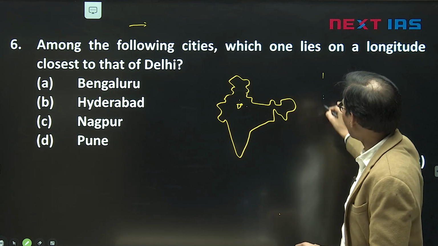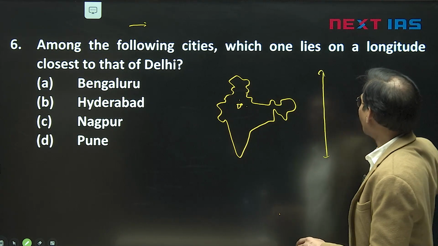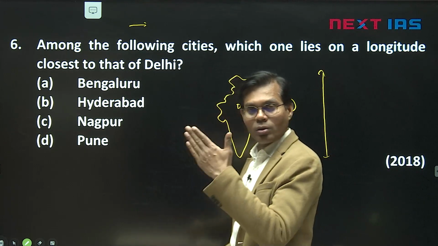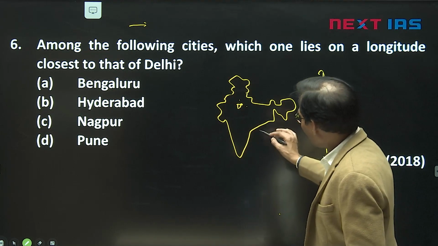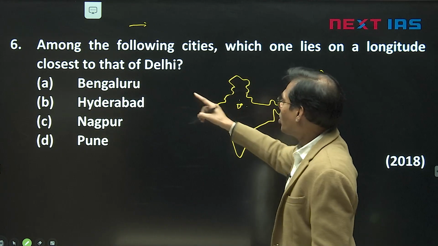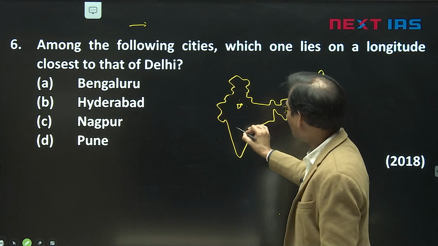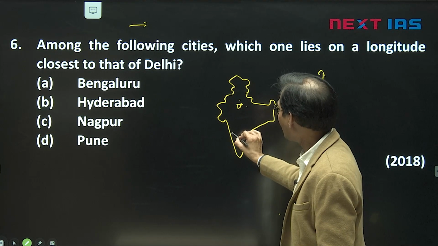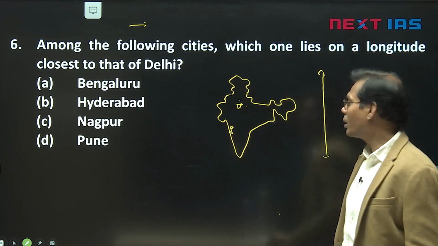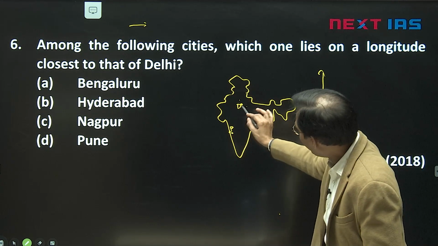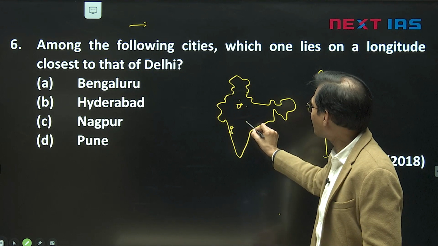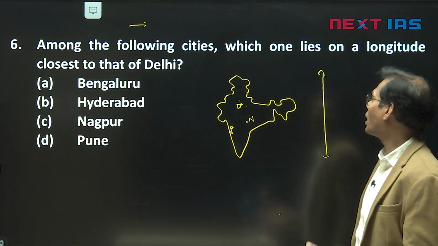Longitude means this way we have to judge longitude. East-west extension we call the latitude, parallel to the equator, and north-south the longitude. Then if I say, can you point out Nagpur or Bengaluru, Hyderabad, Pune? Suppose Pune is very close to Mumbai, and Pune is here, a famous city. Mumbai is here. Mumbai, Pune hardly. So Pune is slightly westward here. And if I say Nagpur, eastern Maharashtra, this side, Vidarbha region, Nagpur is more eastward.